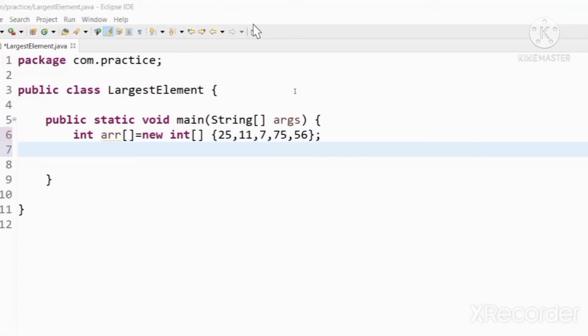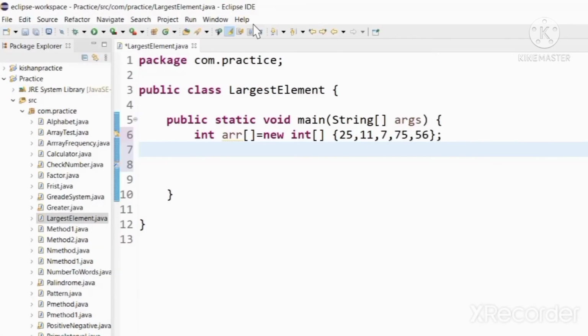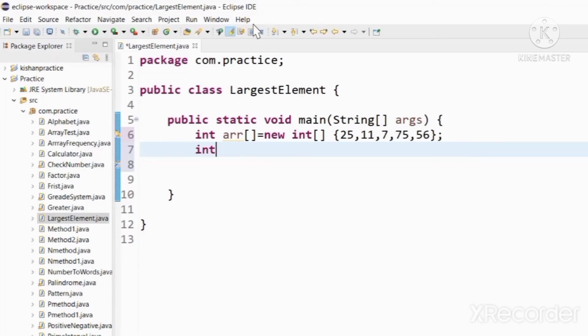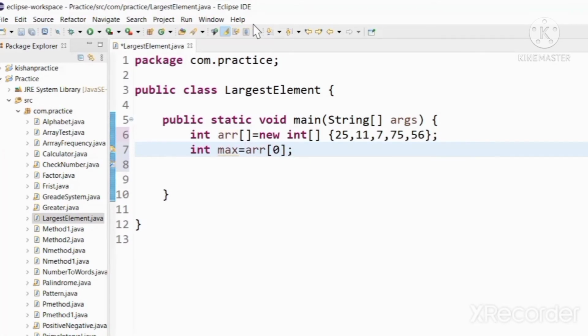Now we are going to initialize max with the first element of the array. So int max is equal to arr 0. After that we are taking a loop through the array.